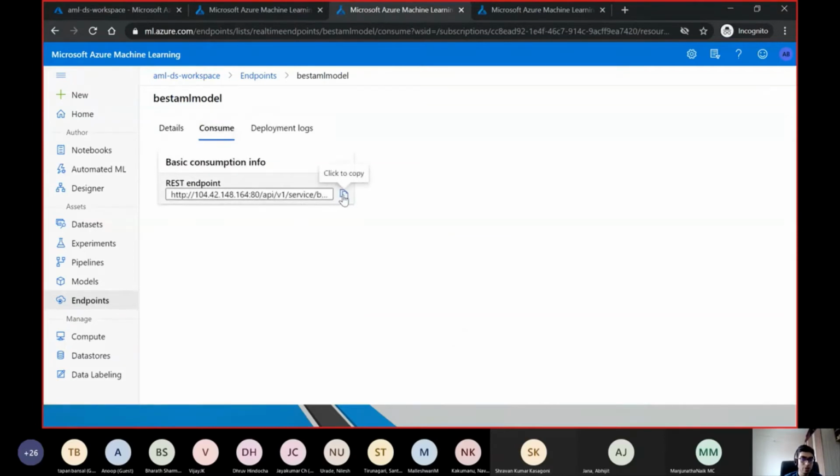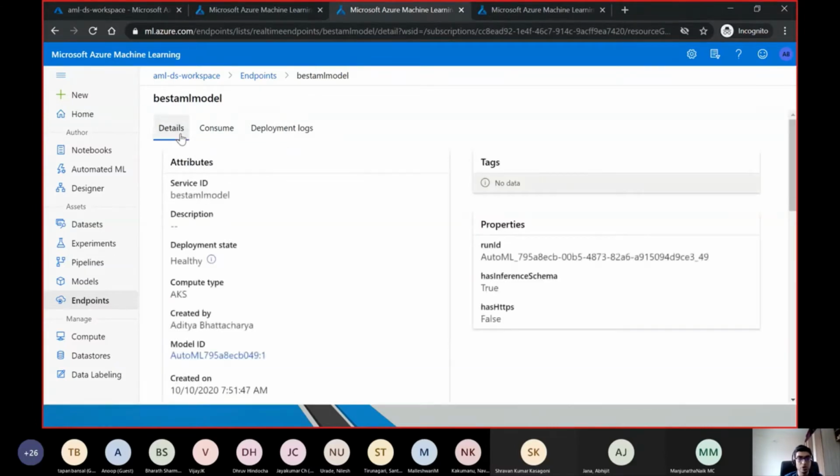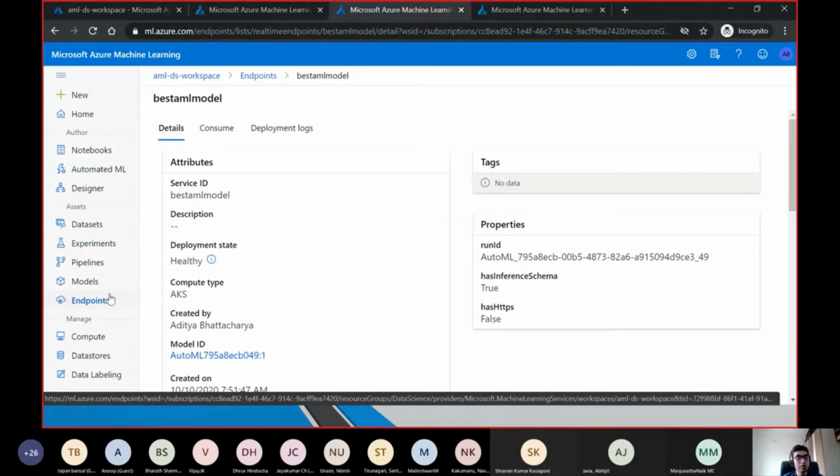It would give the exact URL that is required, and finally, it can be integrated with any user interface application, like Power BI dashboards or anything else. So typically, we can see how easy the entire workflow becomes now. Otherwise, a data scientist would have to be worried about